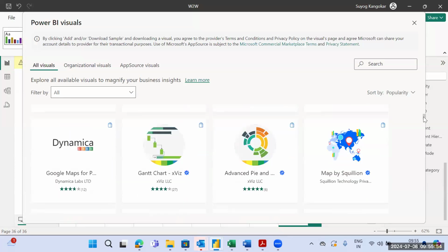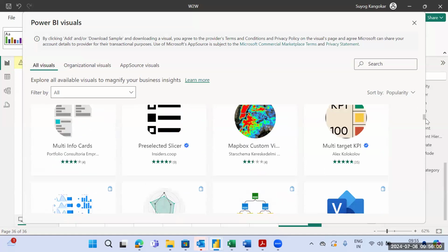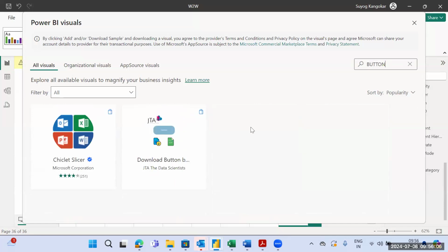Multi-chart, dynamic buttons, histogram charts, heat map, whatever you want, you can search here. So now I want some dynamic buttons. Yeah, here are the buttons. Then I want